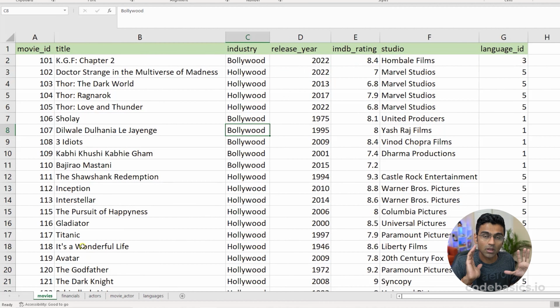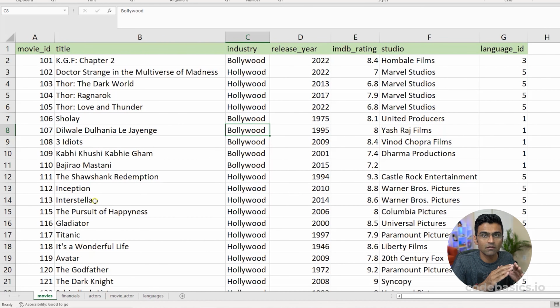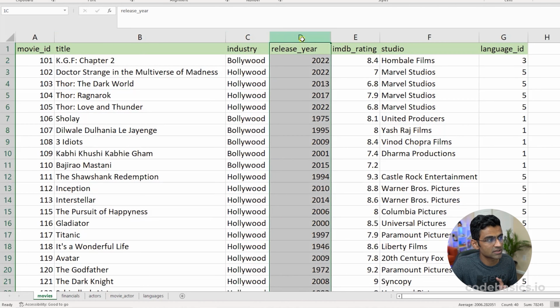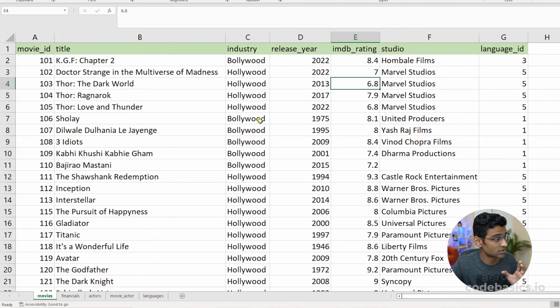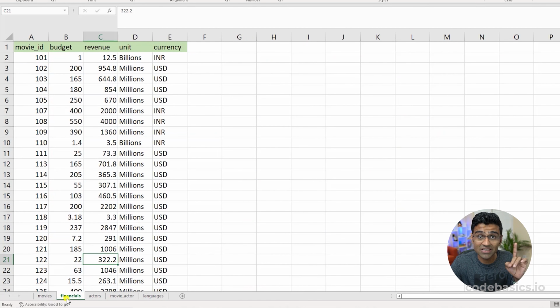If you have worked with Excel files before, an Excel file can have multiple sheets, and every sheet will have tabular data. When I say tabular data, it means rows and columns. See, there are these many columns: title, industry, release year. These are all called columns, and these individual entries are called rows. So our database is exactly like this. It's a tabular data structure where one table means one sheet. So movies is one table, financials is another table,